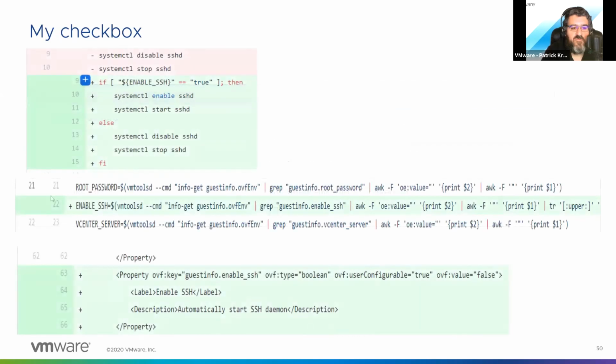What did I really change, right? So the top, this is just bash. This is a bash script, and it's no different than any other bash script you've ever seen or tried to modify in the Linux world. It's a bash script with an if check, and it's running systemctl, a couple of commands. There's really not a whole lot to this. This line, do I really know what it does? Not really. I stole it from the line above and modified it for my purposes, but it's just setting an environment variable. And this is just XML, and I didn't write that either. I stole it from the one above and changed it to fit my purposes.